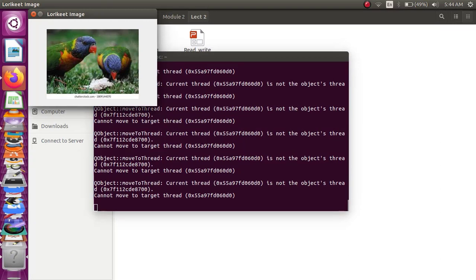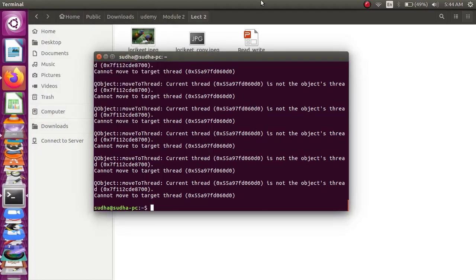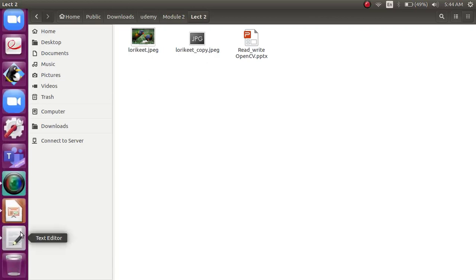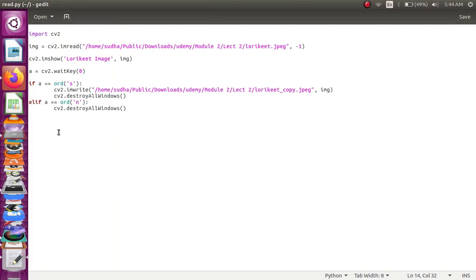I am giving the S key. You can see here a copy of the lorikeet image is written inside the particular folder. So you can give conditional statements in your program for writing images inside a particular folder.